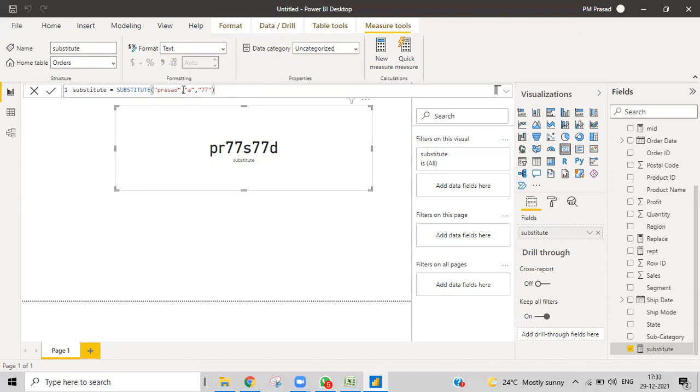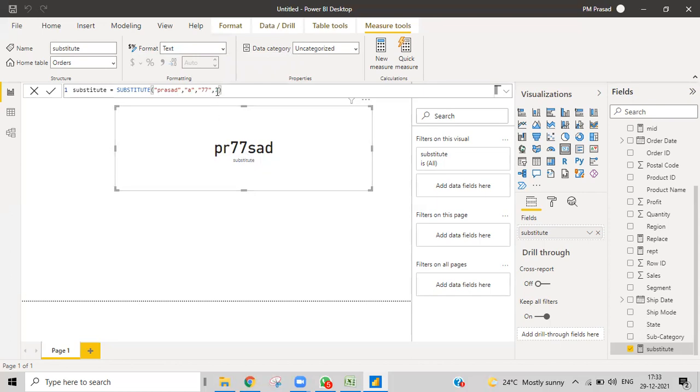But I don't want to do that for every occurrence. So what I can do is, I have an instance number, which is optional, meaning at which instance you want to replace. If I say the first instance, then whenever I find the A the first time, I'll replace it with 77.